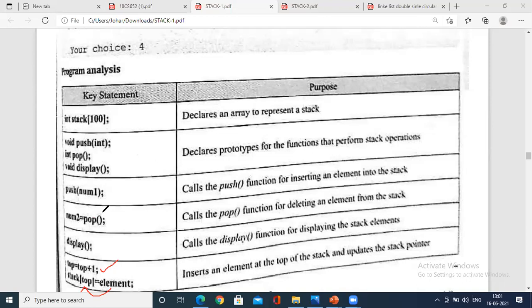How do you execute pop? By decrementing, stack of top minus minus, as just shown. That will be copied to the num2. So this is the overall summary with respect to the stack.